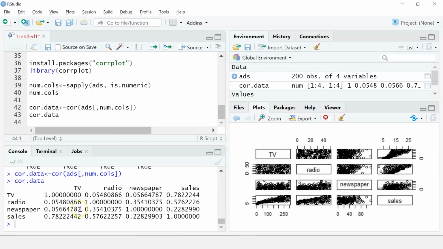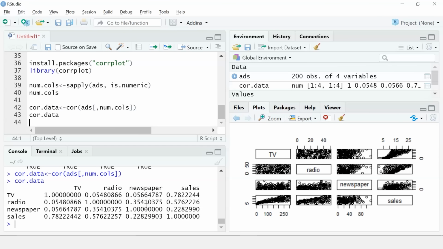So this is our correlation output. As you can see, the correlation values are all above 0, which means there is a positive correlation between the variables, and a change in one of the independent variables will have a positive impact on the sales numbers. TV ads have the maximum correlation with sales and the value is around 0.78. Then there is radio advertising, which has correlation of about 0.57 with sales, and newspaper ads have the lowest correlation compared to the other two, which is at 0.22.